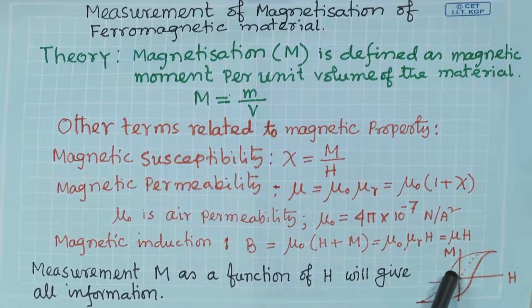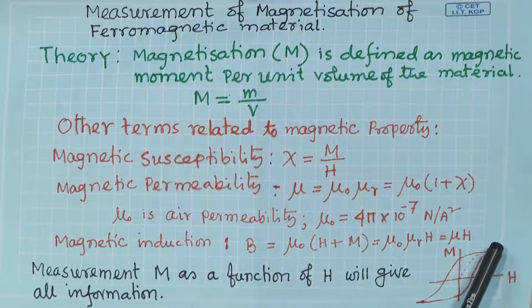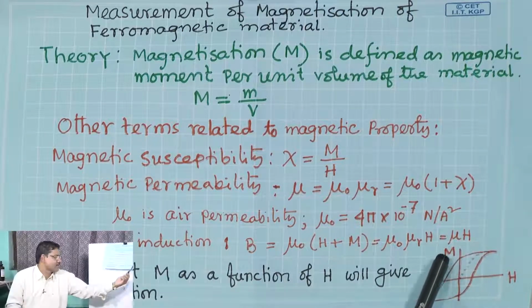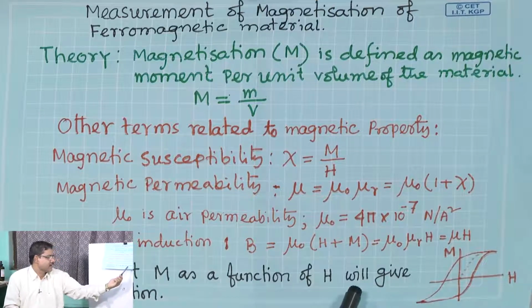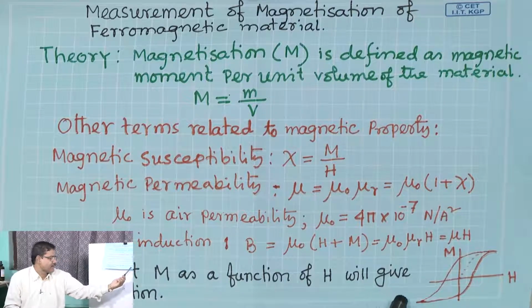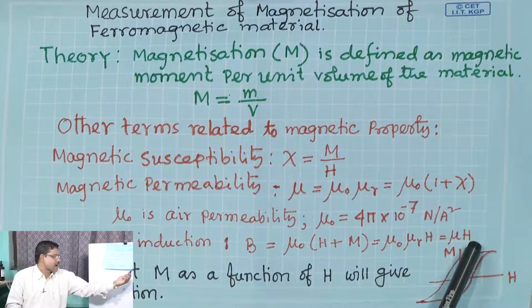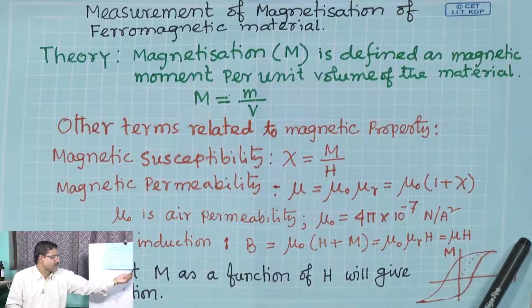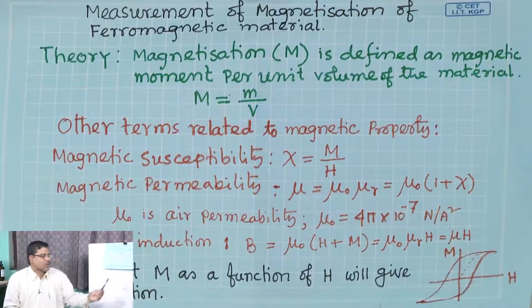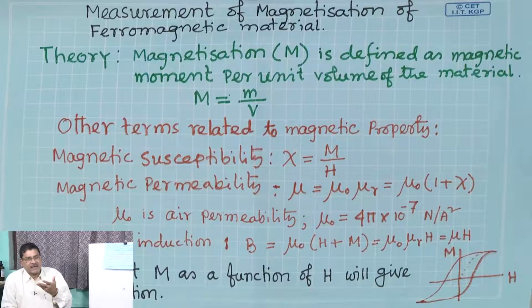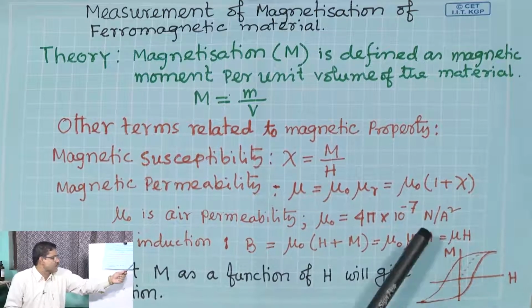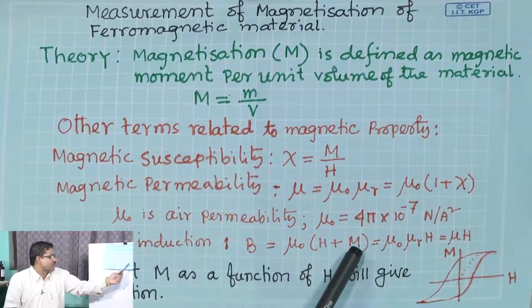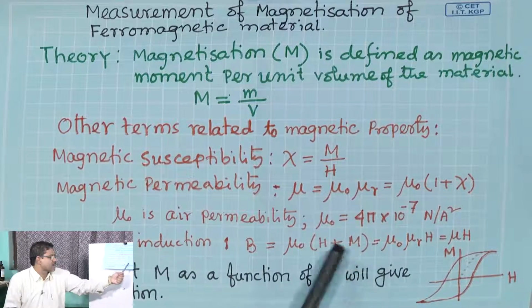This dotted line tells that you start the experiment from zero magnetic field and go to the maximum magnetic field. Then you decrease the field, it goes to the negative field, to the maximum negative field, then comes back to 0 and then to the highest magnetic field. Then you get the hysteresis loop, the MH loop or BH loop. One can plot MH or B also, because if you know M, then mu 0 times (H plus M) is B.